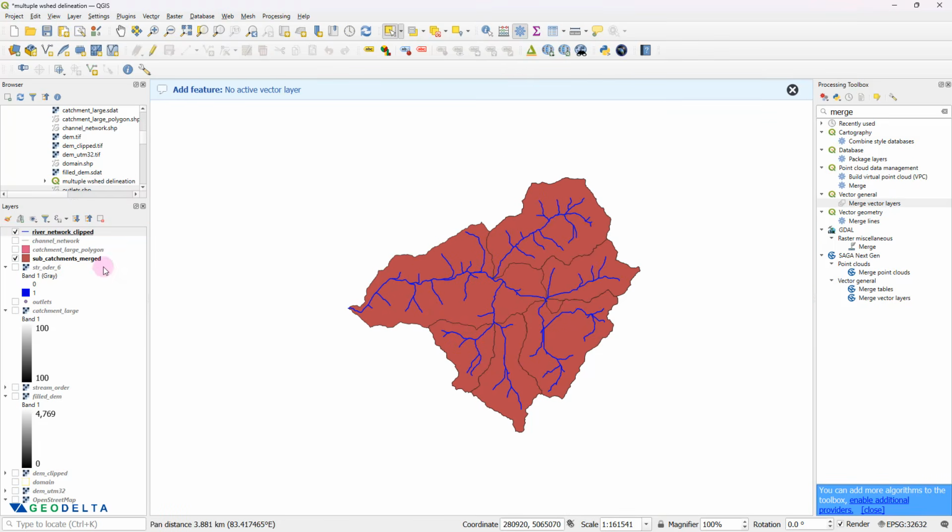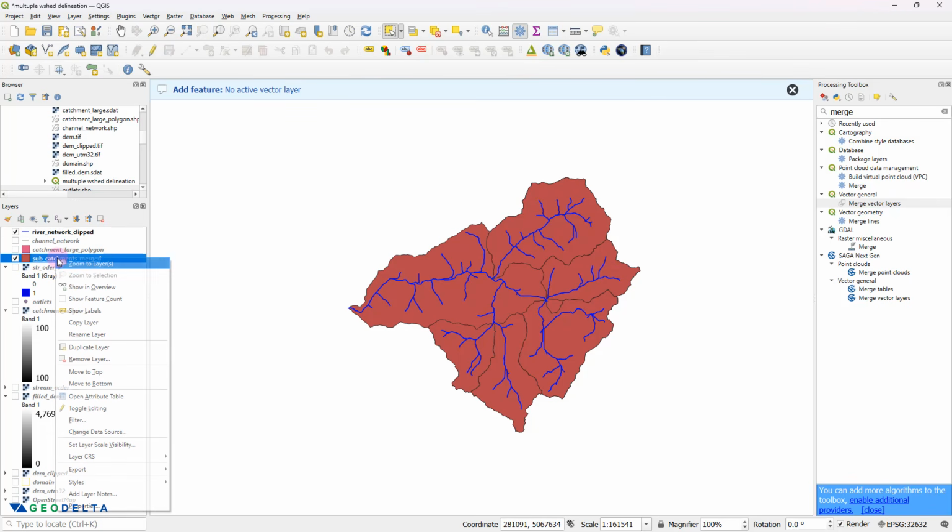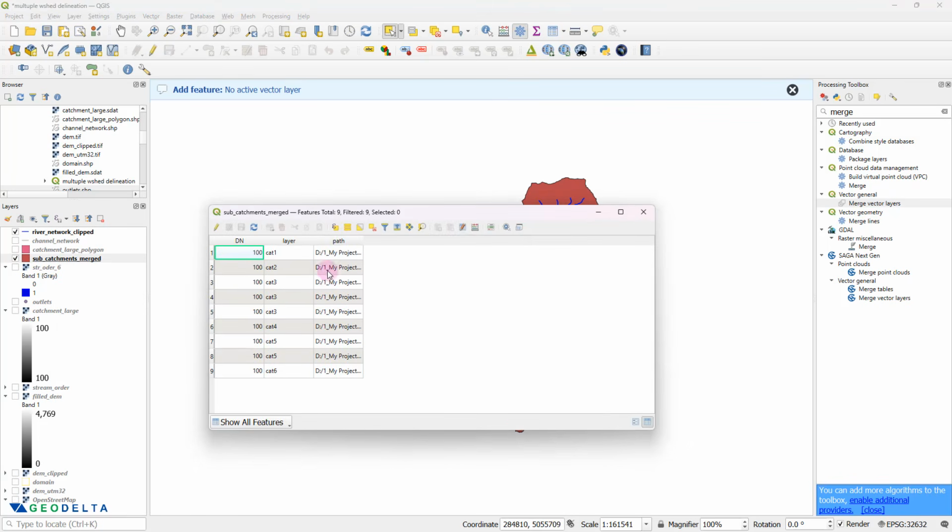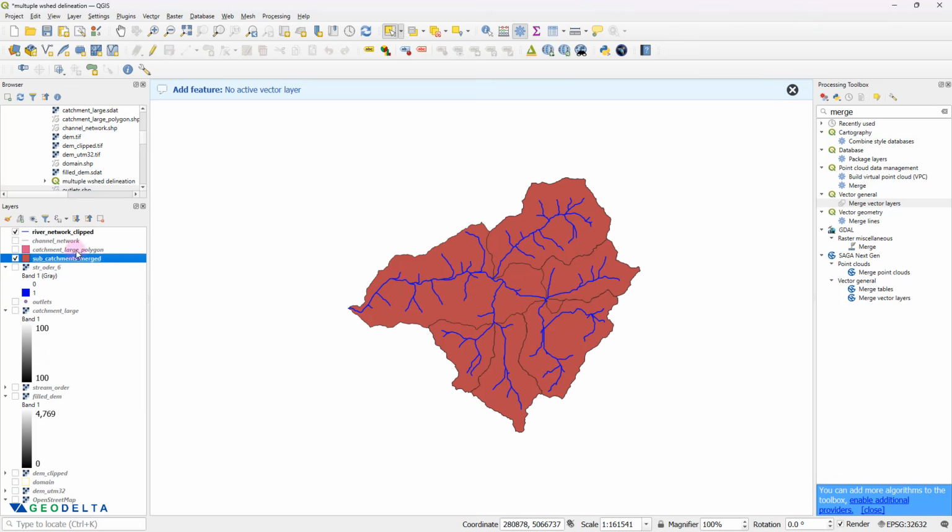And at the same time, if you want to specify separate colors for your sub-catchments, you can right click and, well, maybe have a look at the attribute table first. So you can see what you have is basically these three fields, which may or may not be necessary at this point of time, but that's fine. So if you go to properties and